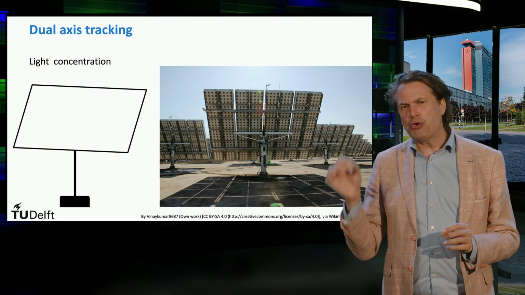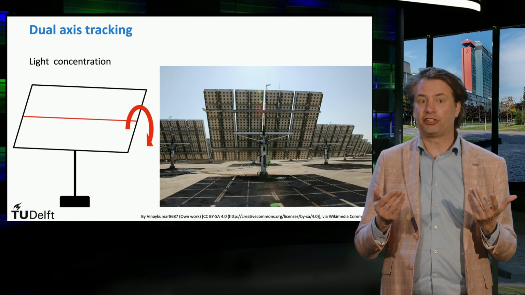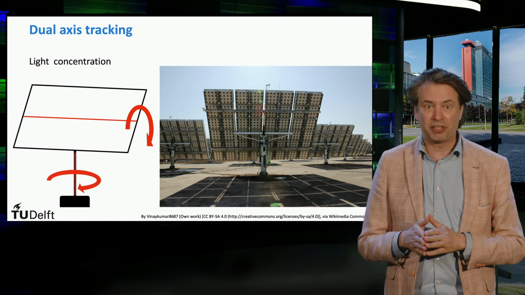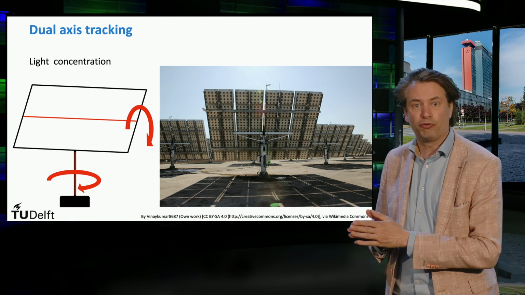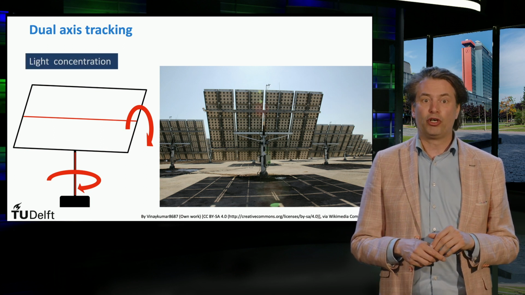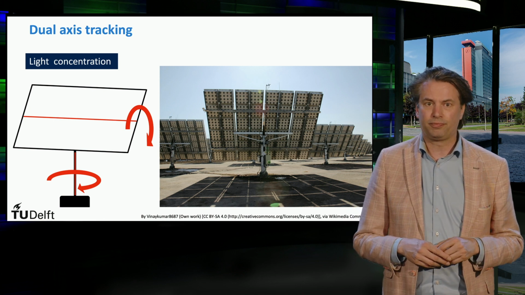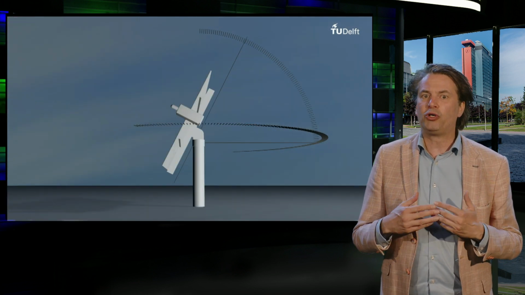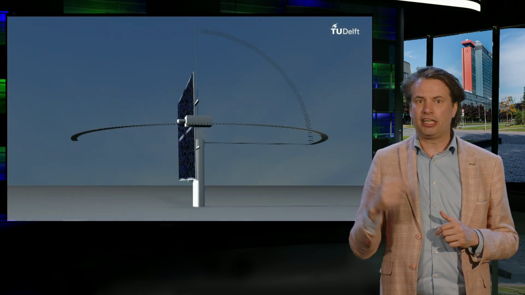Finally, we have the dual axis approach with 2 degrees of freedom. The first rotational axis is parallel to the ground and changes only the tilt angle. The second axis is perpendicular to the ground and the other axis, which allows for a change in the azimuth of the panel. The dual axis approach is often used for PV modules with solar concentrators that require the direct component of the sunlight. The dual axis approach always makes sure that the direction normal to the panel is aimed at the direct component of the sunlight, as you can see in this animation.